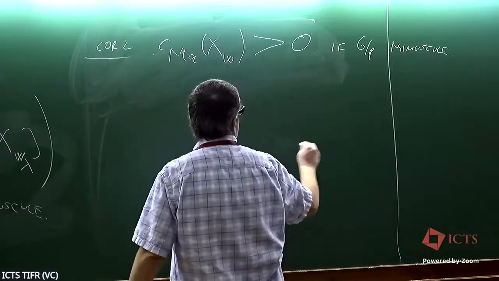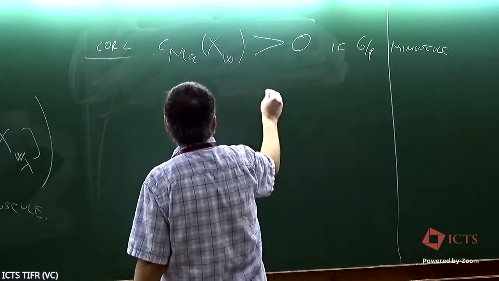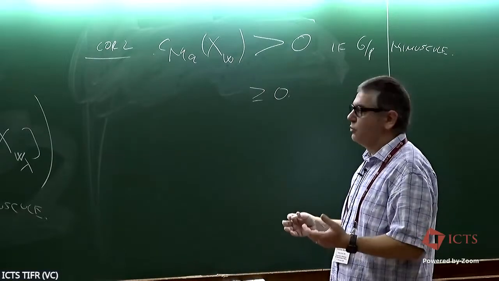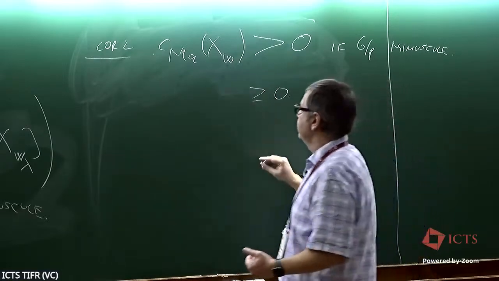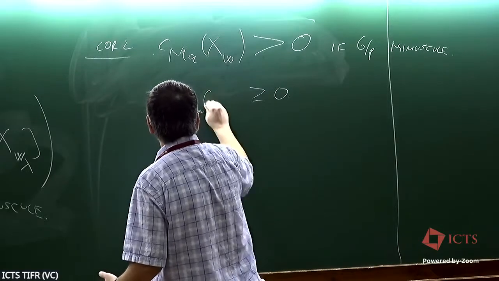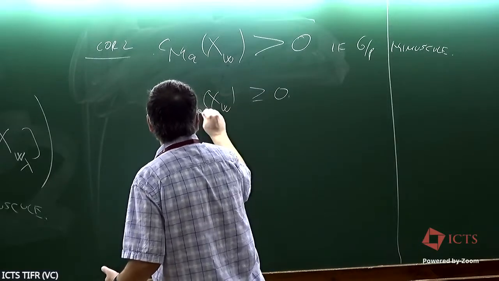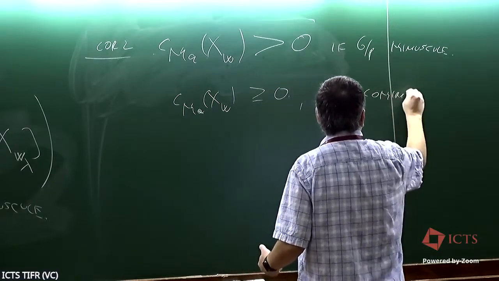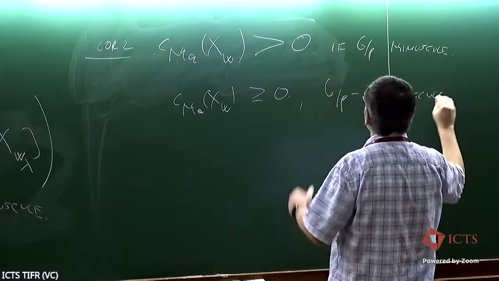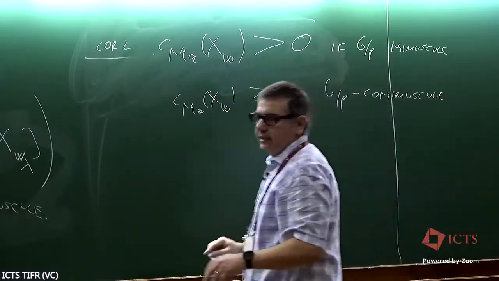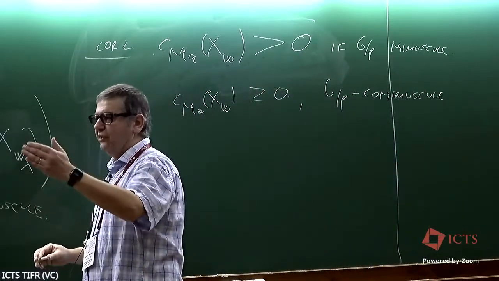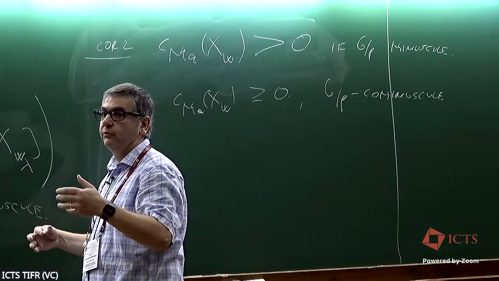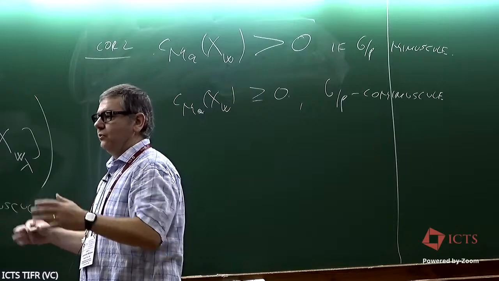And in the cominuscule cases, you only get this. That's because we cannot prove it, but we believe, so in general, this is true for G mod P cominuscule. But we conjecture it is actually strictly larger. And then if you're curious, you should look in the paper. We have also log concavity conjectures and other things that we don't quite understand where they are coming from. So I'll stop here. Thank you very much.